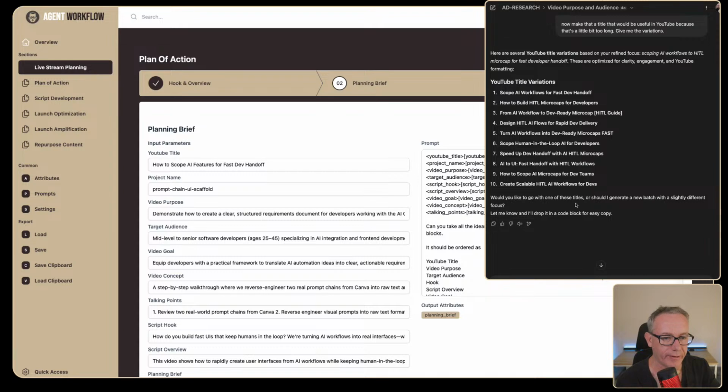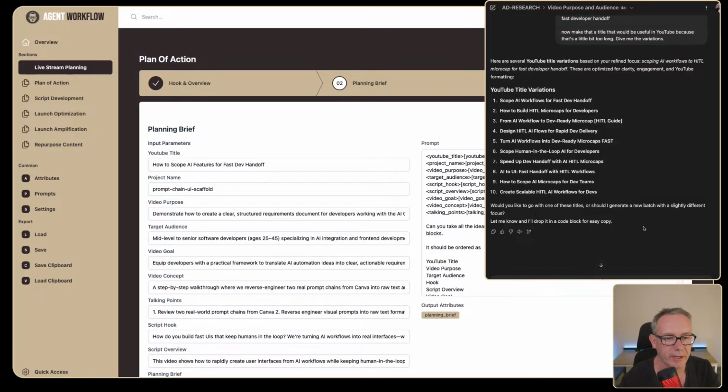AI to UI, fast handoff with human in the loop workflows. Maybe it's a little bit vague. It doesn't really quite capture the essence. Create scalable, no. Scope human in the loop AI for developers. That might do. And if we go from AI workflow to dev ready micro app, did I misspell something?